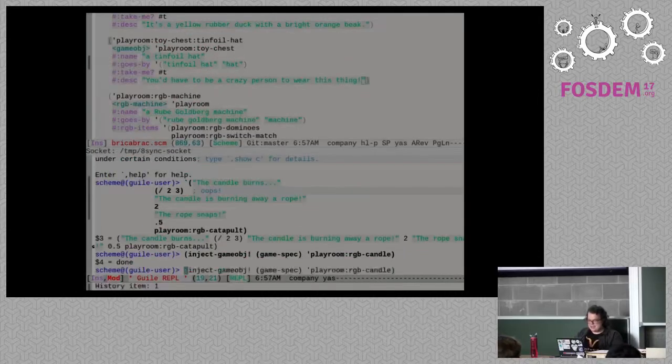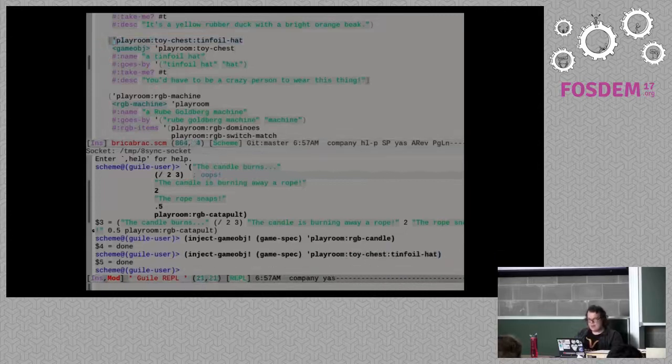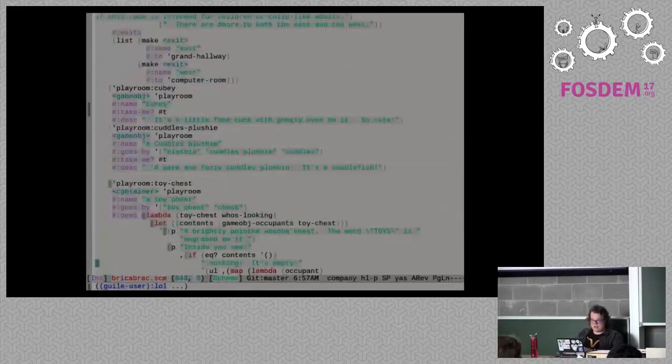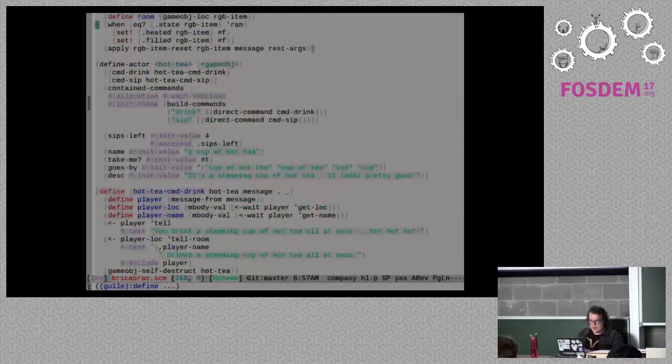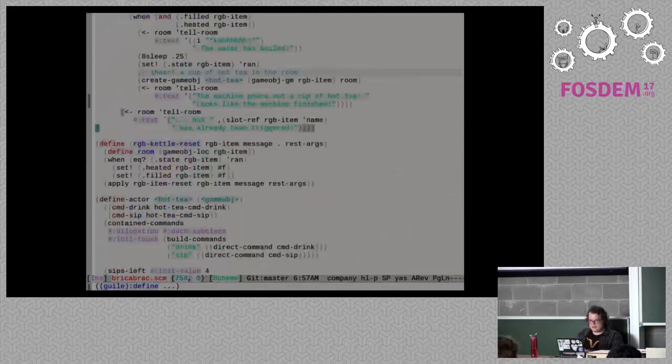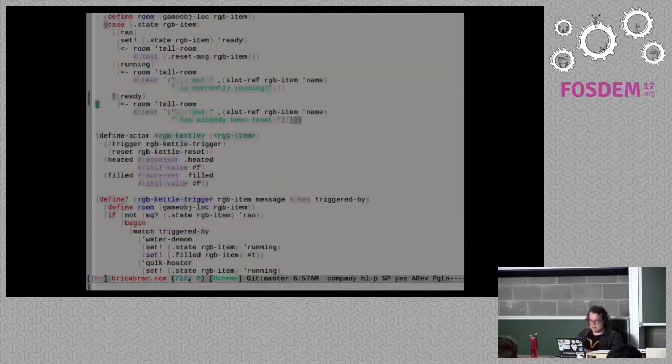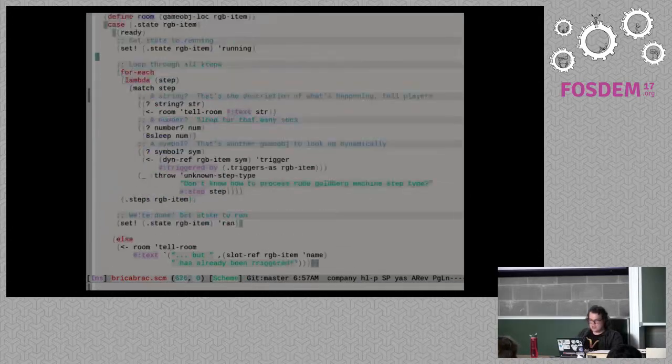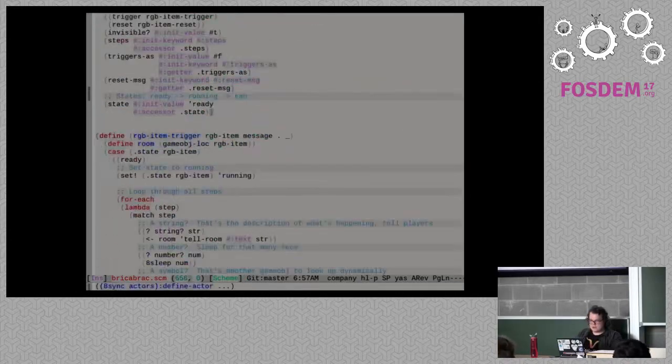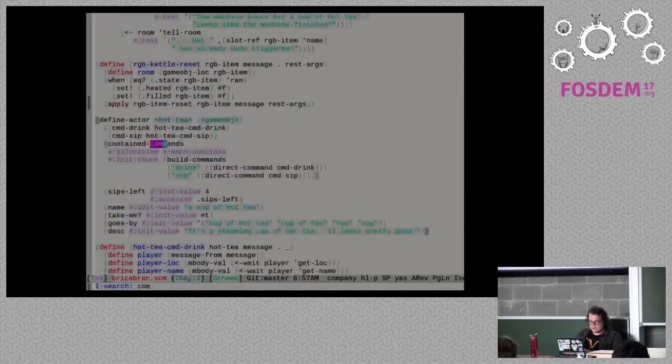Tinfoil hat. Okay. Can you give it a wear command? Oh yeah, so I can give it a wear command. Actually, why don't we do that first? That's going to require that I subclass it, but we'll do it. I'm going to take something else that already has been defined and just munge it. Let's see here. Define actor. Something with commands. Okay, good enough. This is a hot T one, so I'm going to abuse the hot T thing and make a tinfoil hat.